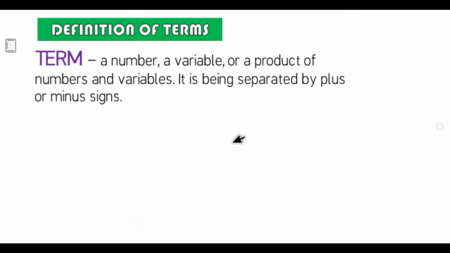The next definition naman is term. So, pag sinabi nating term, it is a number, pwedeng number lang siya, or a variable, or a product of numbers and variables. So, pwedeng number lang siya, or variable lang, or pinagsama na numbers and variables. So, mas madali siyang makikita kung it is being separated by plus or minus signs. So, bawat sineseparate ng plus and minus signs, yun ay tinatawag na term. So, for example,